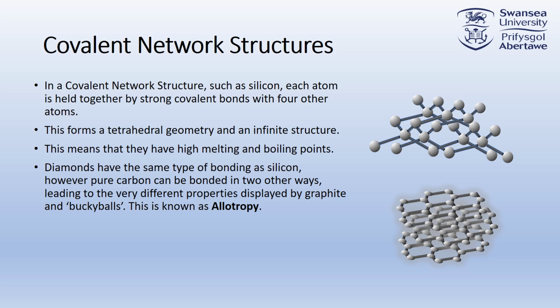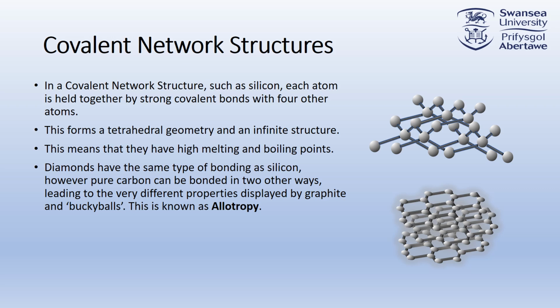So some elements can hold the same structure, and carbon is one of them, and this is known as allotropy. Pure carbon can actually be one of the hardest materials known. Remember, it has a Mohs hardness of 10. It also has an absolute hardness of 1600, and if you compare that to talc, which has an absolute hardness of 1, well, it has 1 on both scales.